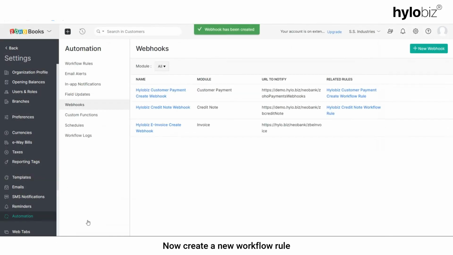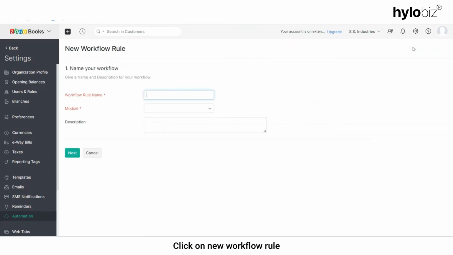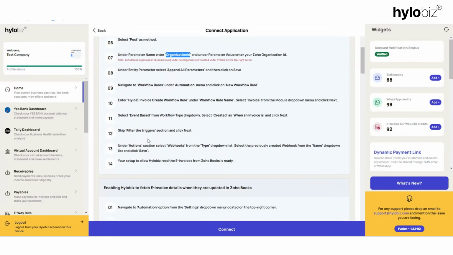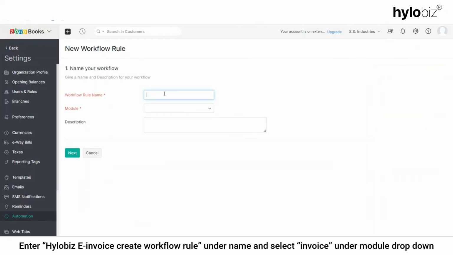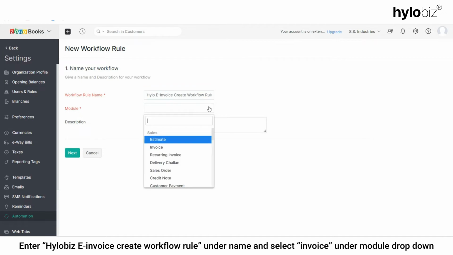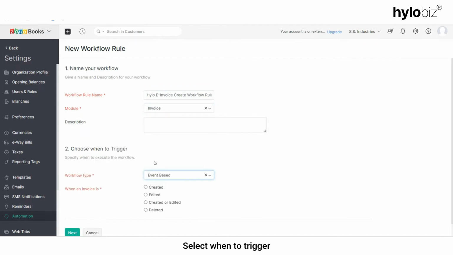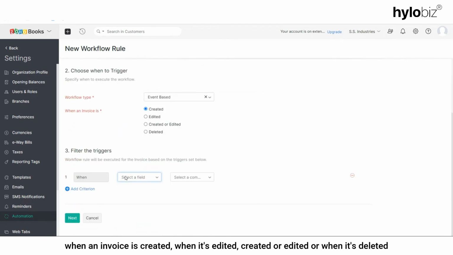Now create a workflow rule. Go to Workflow Rules, click on New Workflow Rule. Enter Hylo e-invoice create workflow rule under name and select invoice under module drop-down and click on next. Select when to trigger: when an invoice is created, when it's created or edited, or when